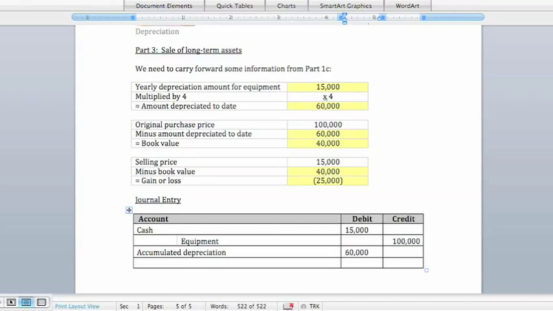And so these 2 line items completely remove the asset off of our books, and then we have to account for our gain or loss. And in this case, since we had a loss on the sale of equipment of $25,000, we're going to have to debit this loss account for $25,000